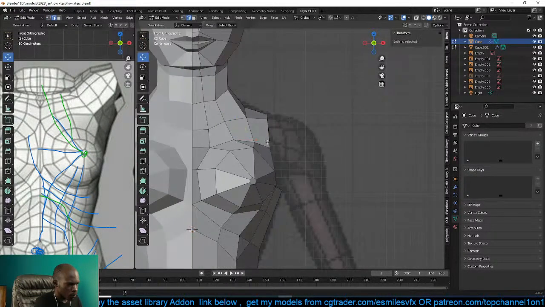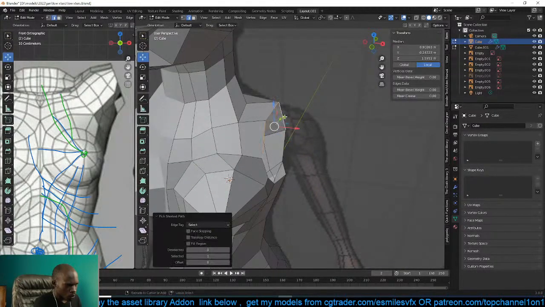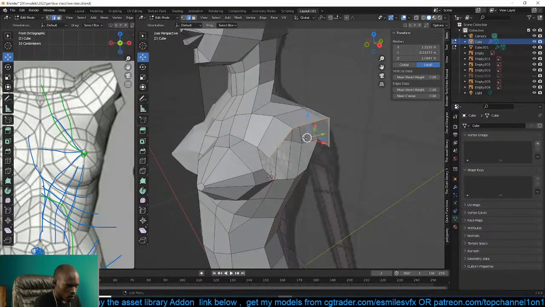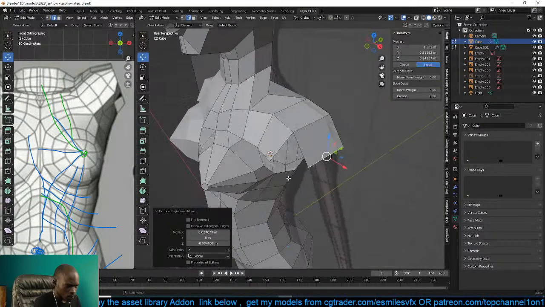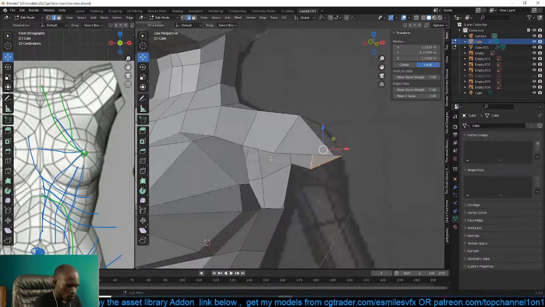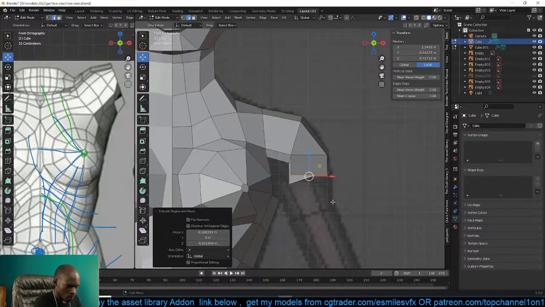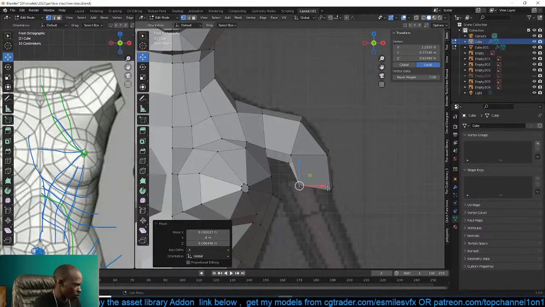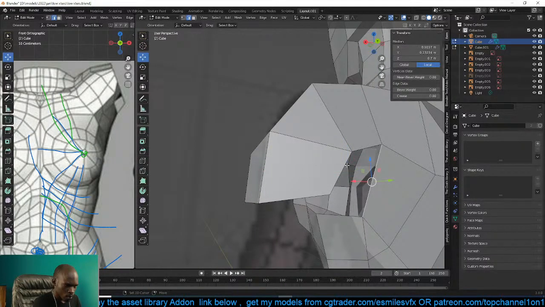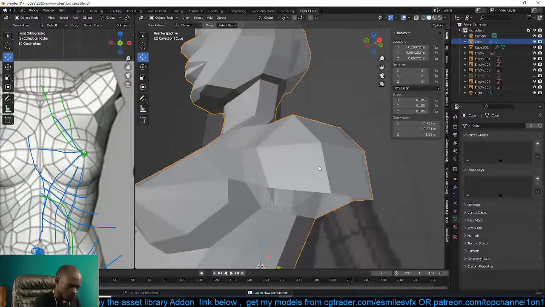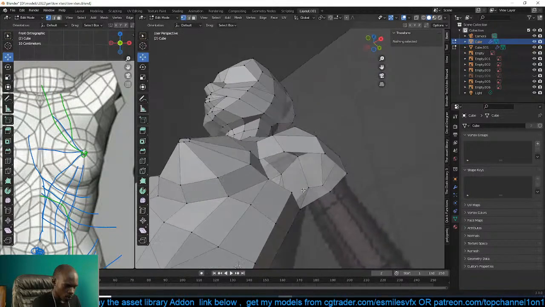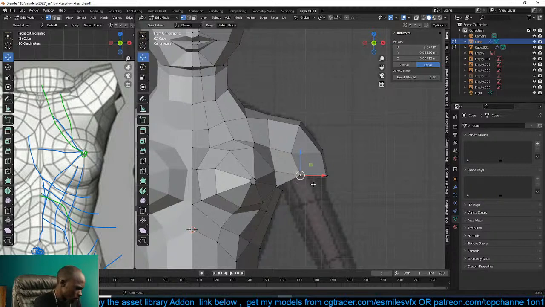I don't think I need this edge loop. You can grab this here, extrude, rotate, just grab this. I think here should be